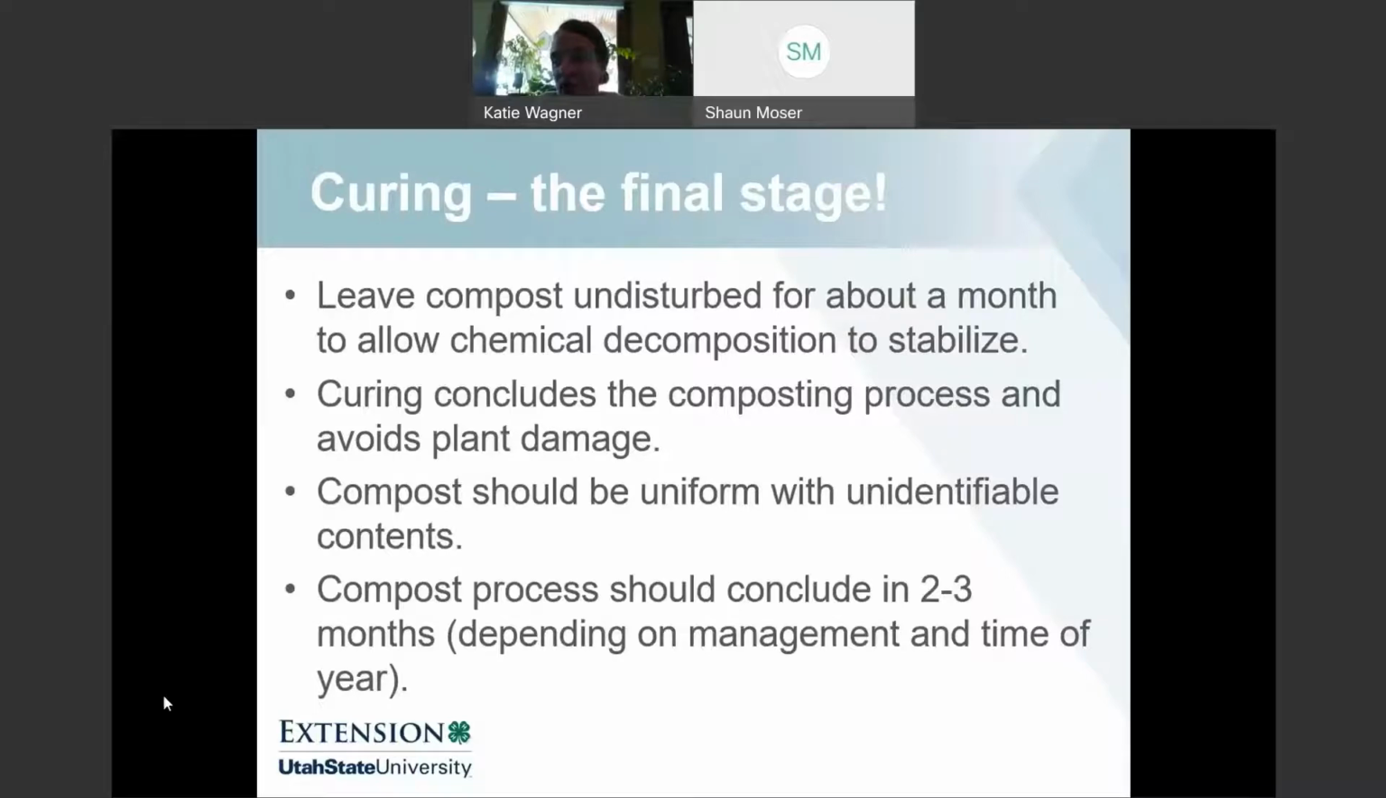So after our temperatures have started to decrease and composting is concluding, we leave the compost undisturbed for about a month to allow the chemical decomposition to stabilize. The curing concludes the composting process and avoids plant damage. Compost should be uniform with unidentifiable